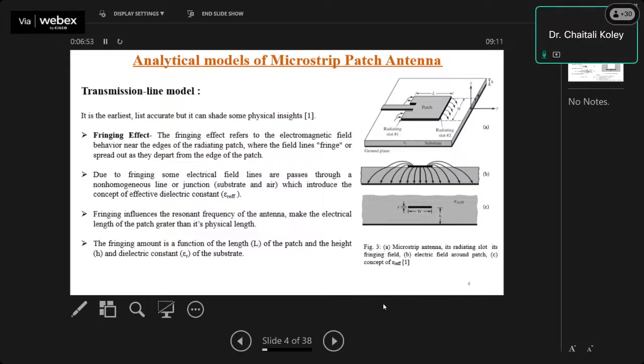If we apply coaxial feeding, what happens? If you recognize the coaxial cable, the outer conductor is connected with the ground plane, and the inner conductor of